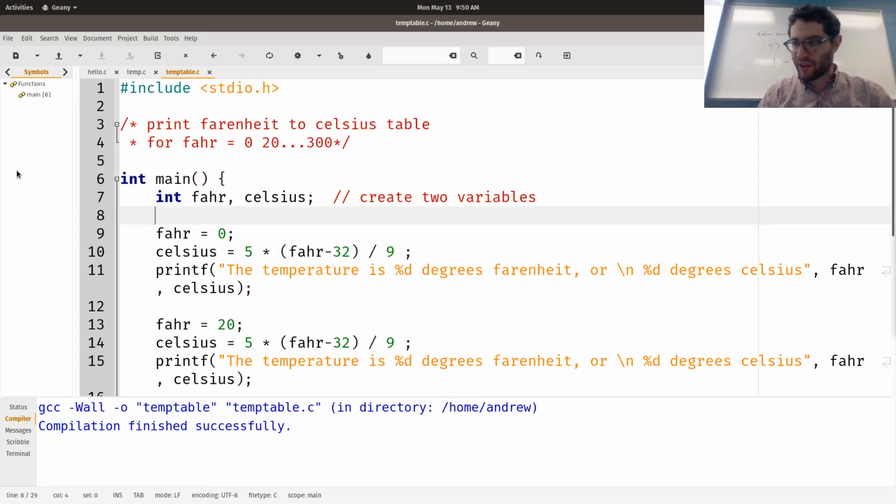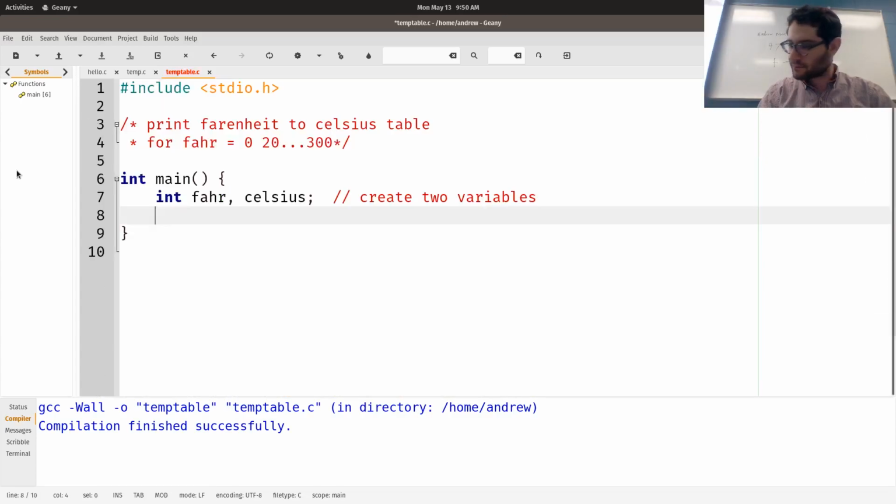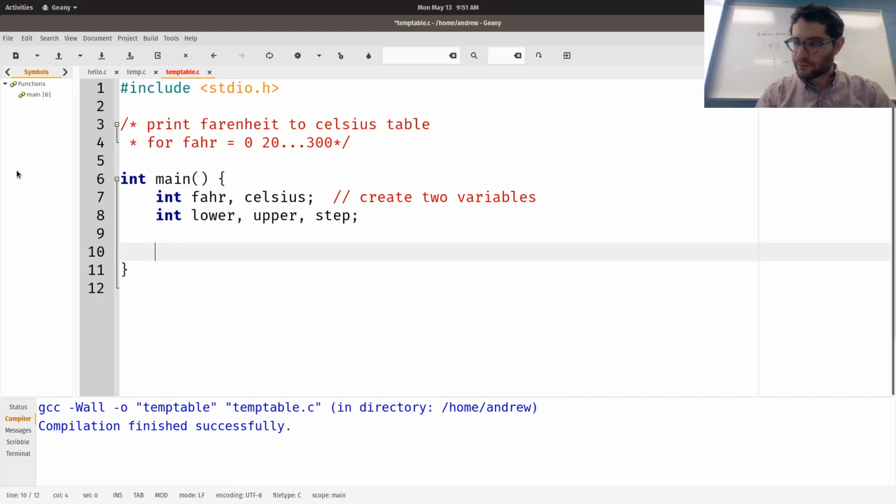So what we'll do is write int main over here. We've got our Fahrenheit and Celsius just like we normally have, but I'm going to create something called int lower, upper, and step. These are the bounds that I want my program to run.